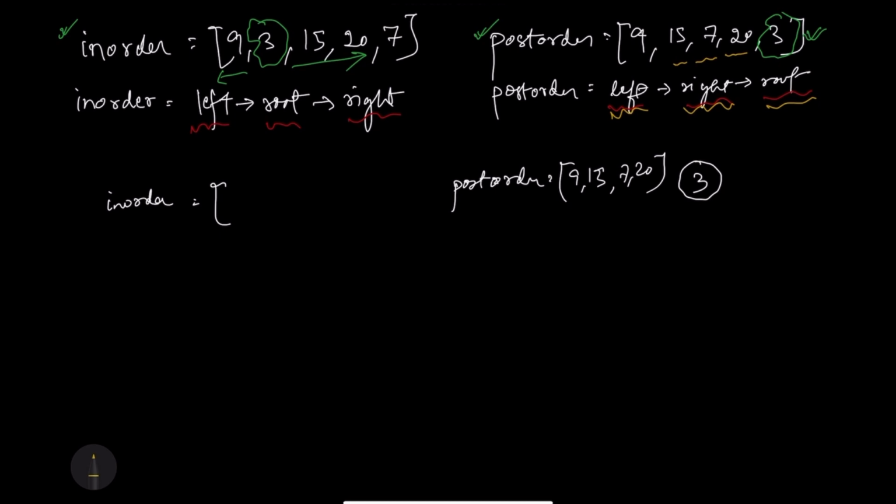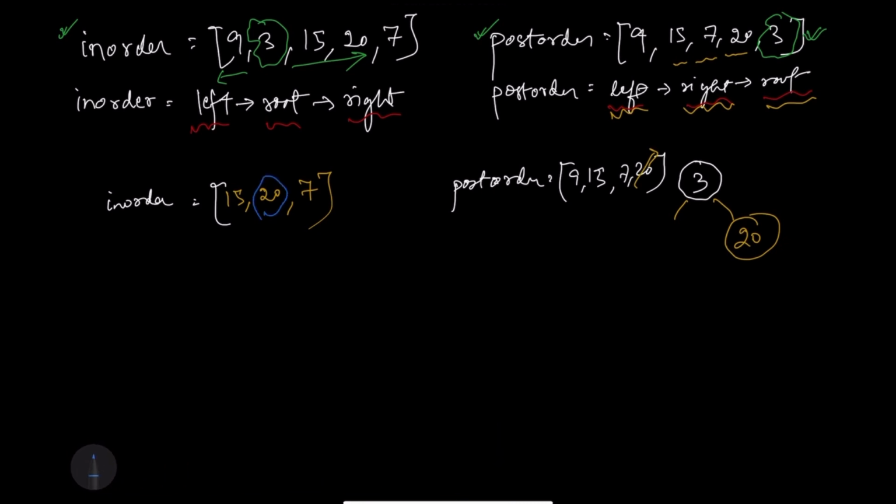So in our first recursive calls, we would get our inorder as 15, 20 and 7. So our 3 is there. We have got 9, 15, 7 and 20. Now in our next iteration, we will pop out 20. So 20 becomes our root. So now as we know that 20 is the root,